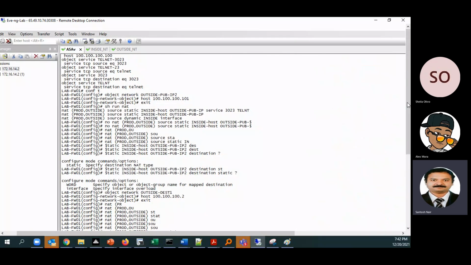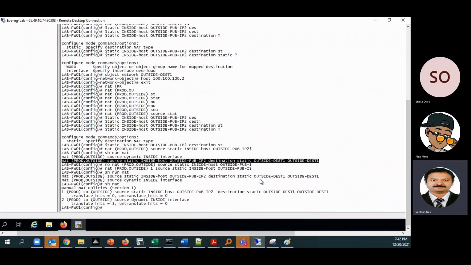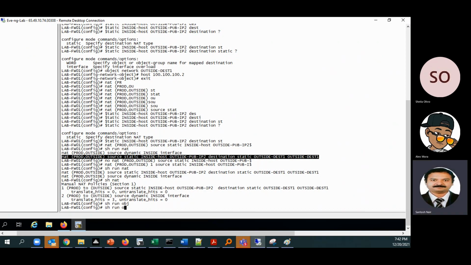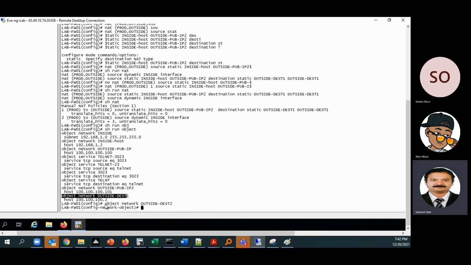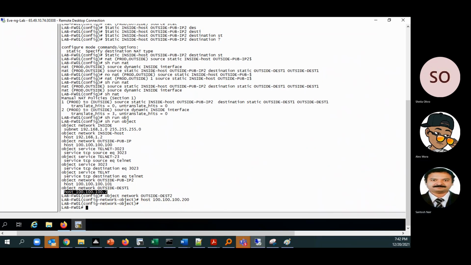Again, there are multiple things we can do. We can create a destination object. The only thing is, based on the requirement we have to do it. Now, in the same case, we will use NAT destination 2, and we will mention it as 100.100.100.200.